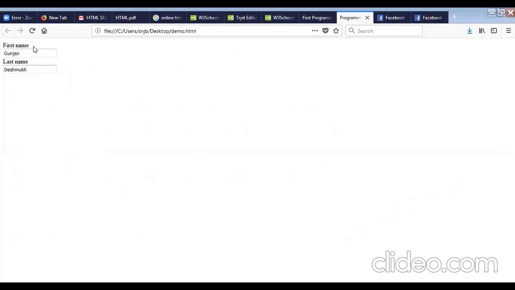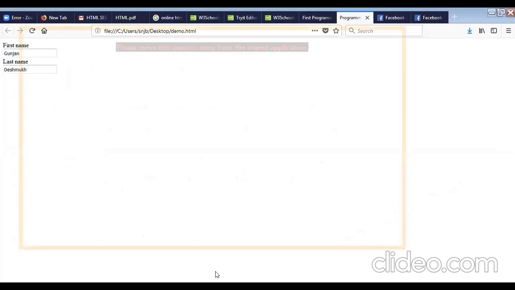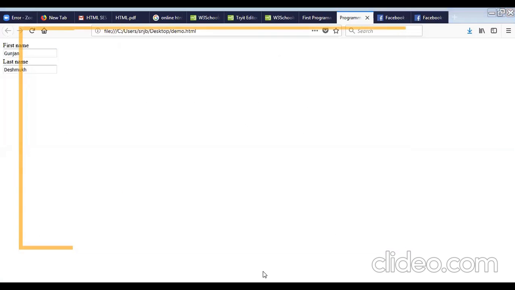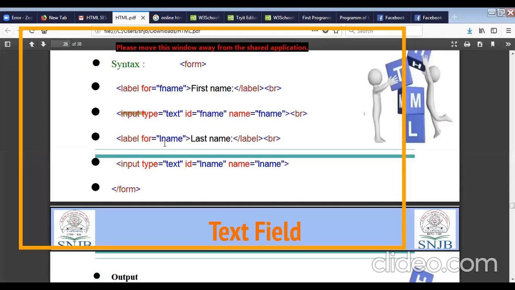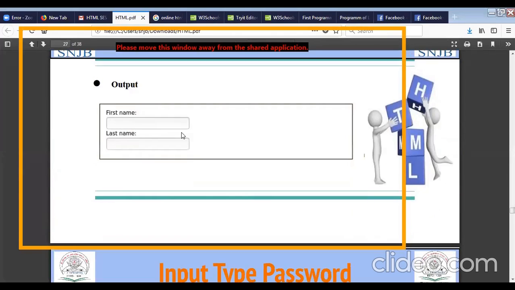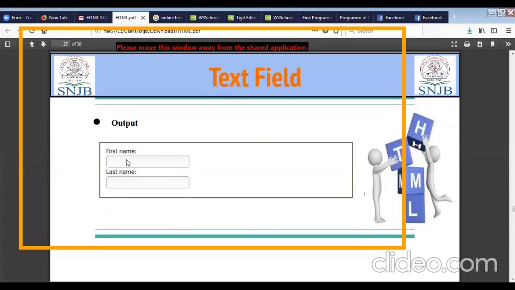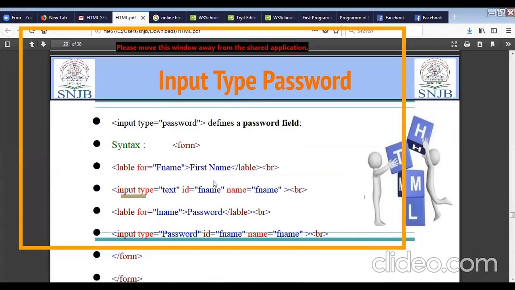Now you can see first name, then there will be text area, last name, there will be again text area. Now, next point is, yes, text field we have already covered. Okay. First name, text field, text area, then last name, again text area.